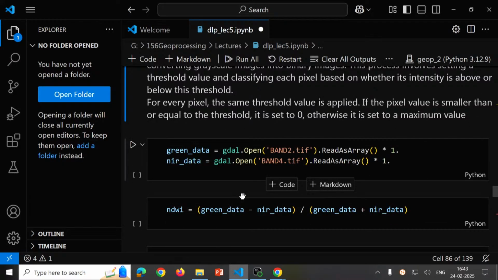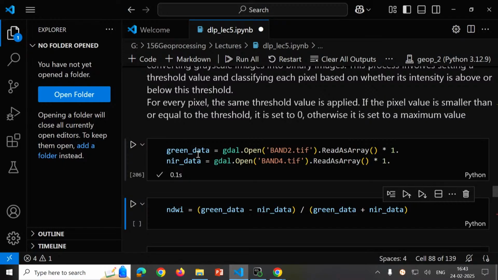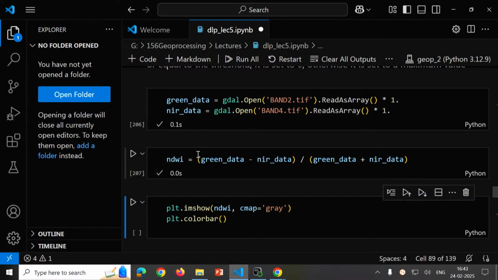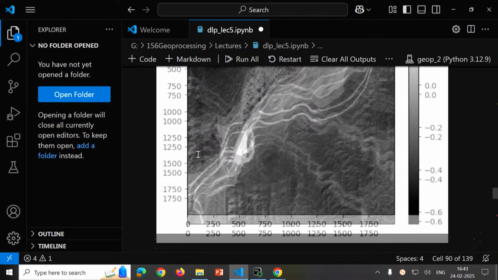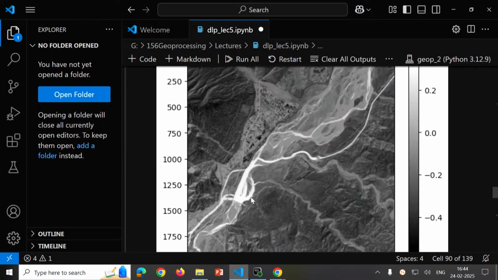We have already seen this, like if you wish to calculate the NDWI of your image. The formula for NDWI is green minus NIR divided by green plus NIR. So I have just read these two images and tried to calculate the NDWI. Right, so this is an image. Now suppose in this image, if you wish to convert to a binary image, we need to choose a threshold. Suppose you want all the pixels above a threshold of 0.2 to be assigned the value 255,